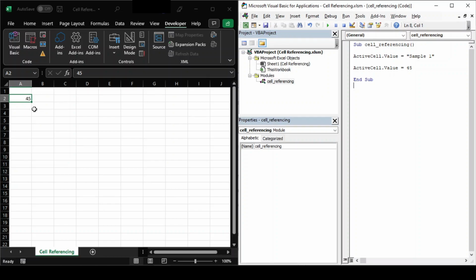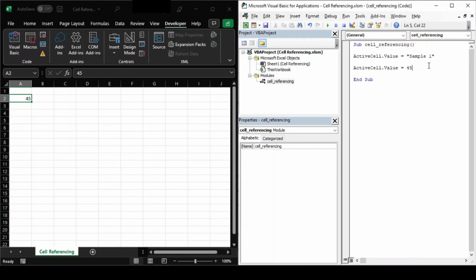But then what happened to the sample1 text we had assigned earlier? To understand that, we will have to debug our code. What does debugging a code mean? When we write VBA or any programming language, we might encounter errors in it. Basically, we just can't write a substantial amount of code without needing to fix errors and make sure that it works as it's supposed to.